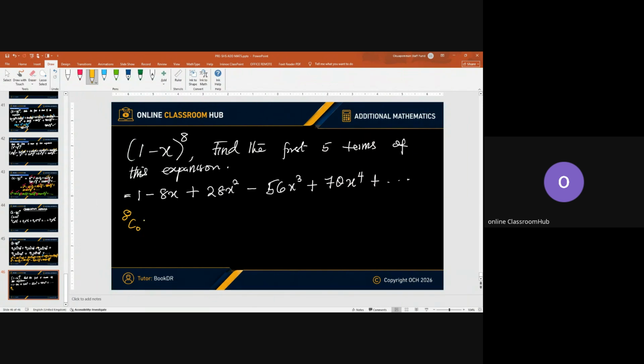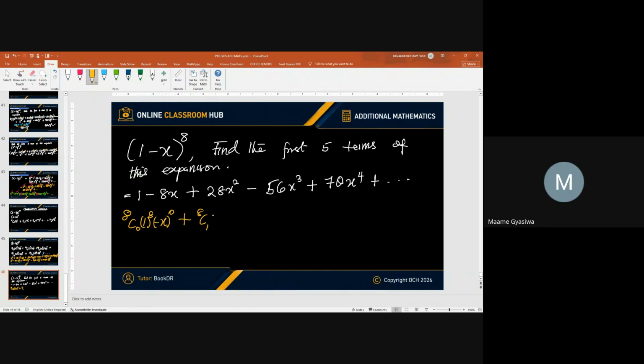Then 1 raised to the power 8, negative x raised to the power 0. Then plus, what will be the next combination? Sir, please, 8 combination 1